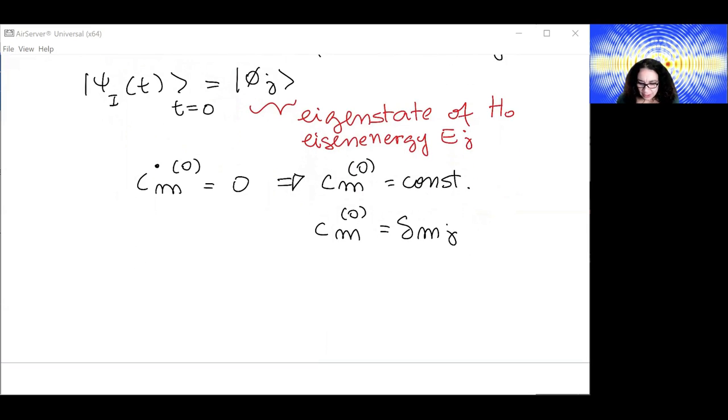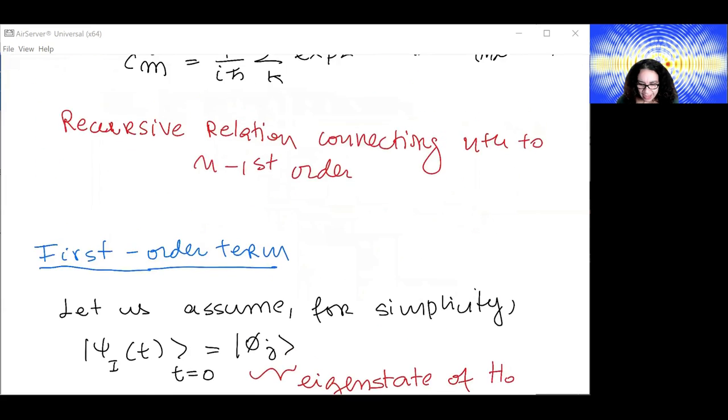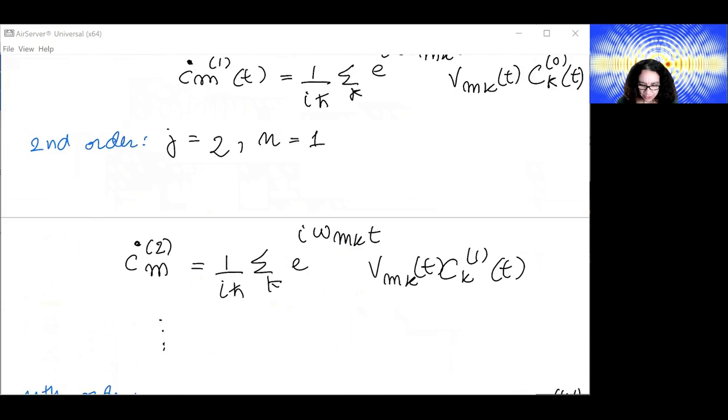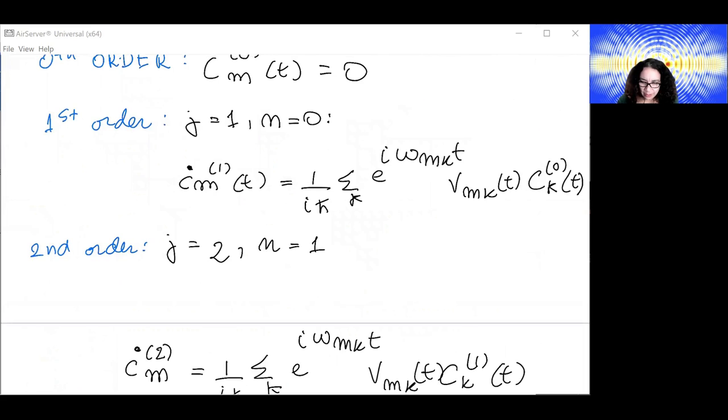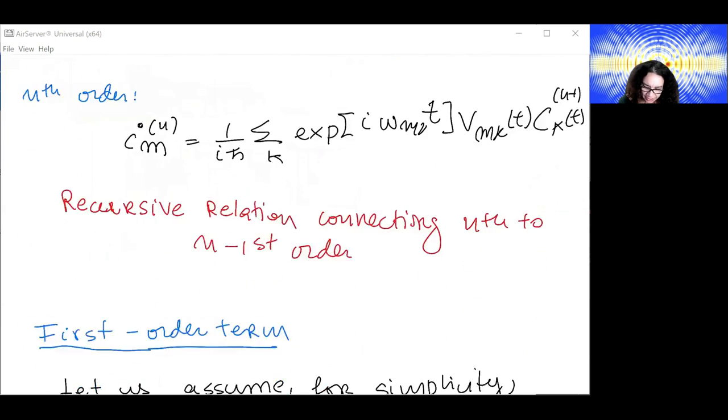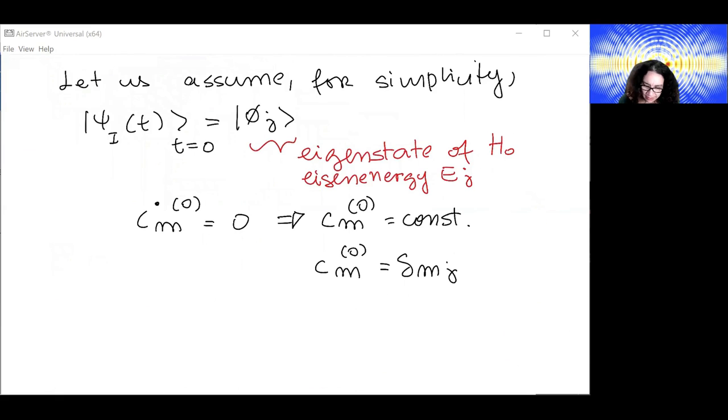Let's write in the first order term. So we have a look at this expression which we had. And if you remember correctly, we had this ck naught, which we got from the right-hand side of the equation, and Cm dot 1 was given by this. So if we consider we're initially in a single state, which is our phi j,